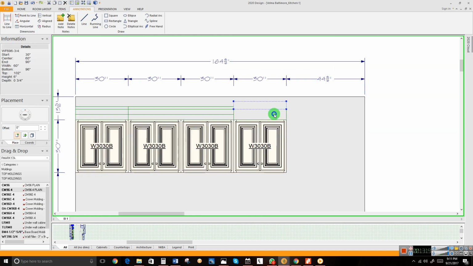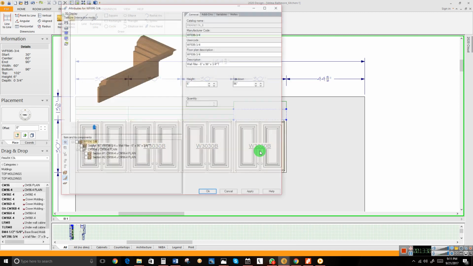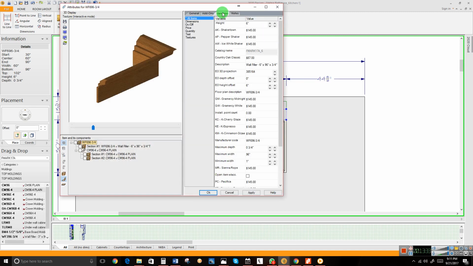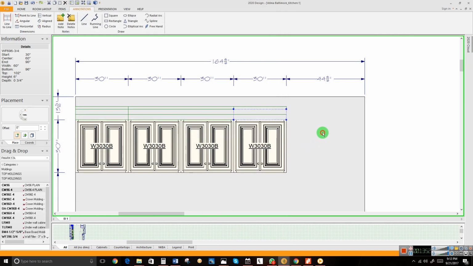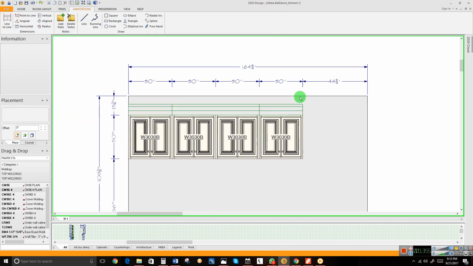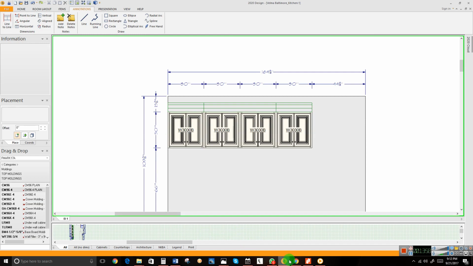The one I taught you about, the EO height offset. Right click on the vertical molding, go into this zone and click on attributes. All right, the EO height offset. Under the molding variables tab, you come to the EO height offset, change this to 3 inches, and you apply. Can you see what's going on? Once you apply, then you go to the molding, and automatically it drops itself to the same thing. So if we take a look at this in the 3D rendering,